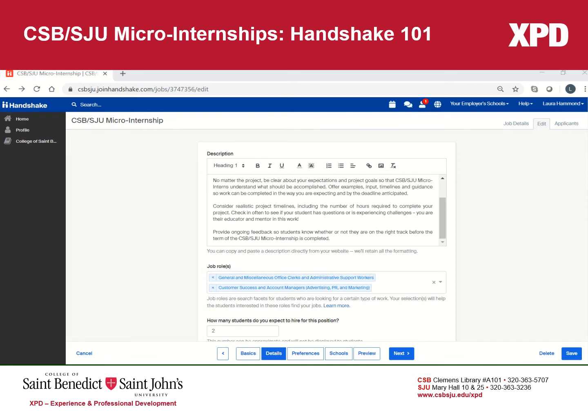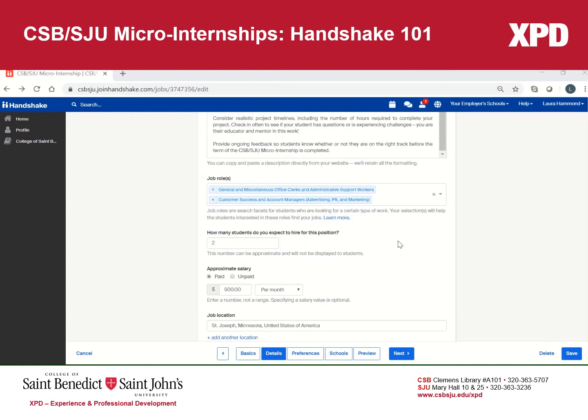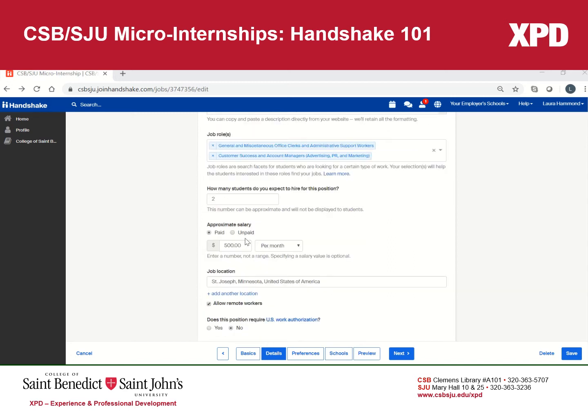As you scroll down the screen, you'll notice specific job roles you can indicate. These job roles help students who are looking for certain kinds of work or certain kinds of micro-internships. As you can see, your selection will help students identify interesting roles for them, and I've offered two typical selection options on the screen. As you indicate how many students you'd like to hire, you can also indicate the paid